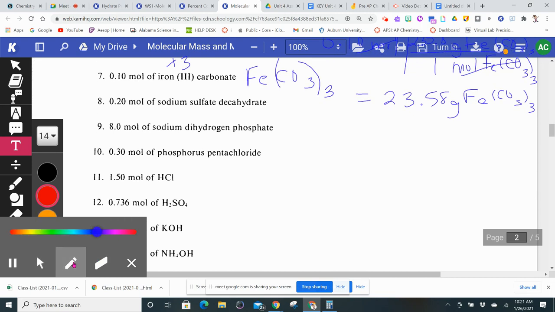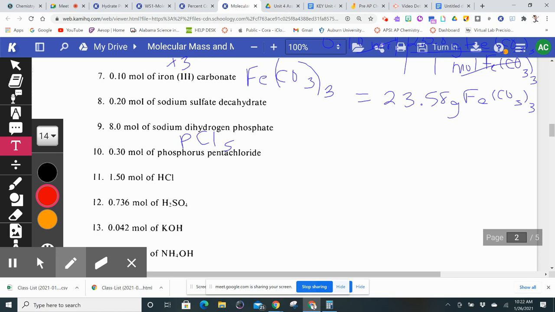0.3 moles of phosphorus pentachloride. Well, what's the formula for phosphorus pentachloride? Is there metal in this? Is phosphorus a metal? No. Is chloride a metal? No. So it's a covalent compound, which makes it super easy. All I do is take the prefix, and that's how many things there are. So there's 1 phosphorus. How many chlorines? 5. PCl5. So somebody give me 5 times 35 for the chlorines plus 31 for the phosphorus. 5 times 35 plus 31. 175. Now add 31 to it. 206. 206 grams